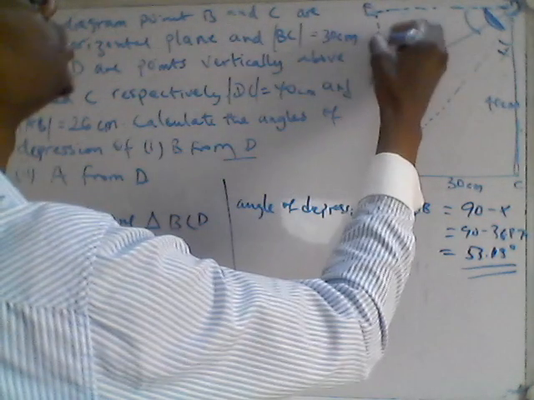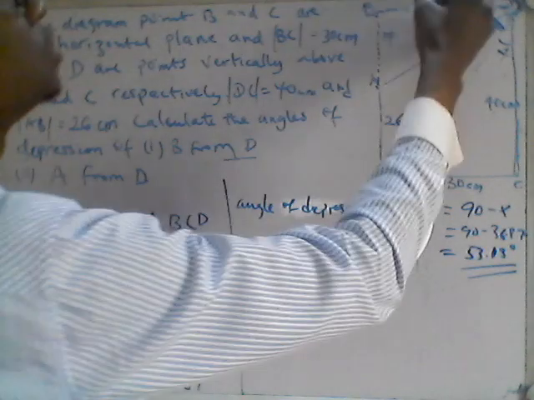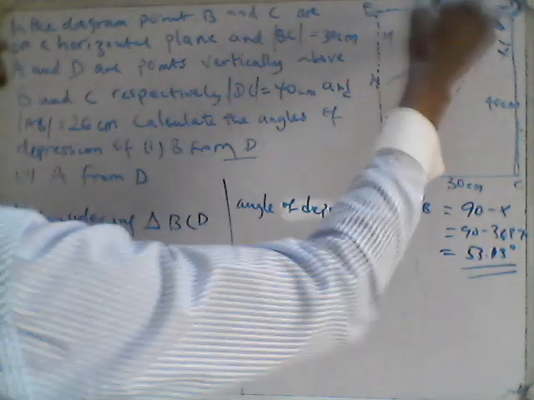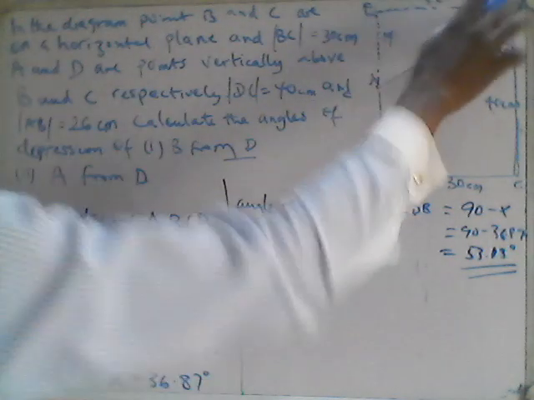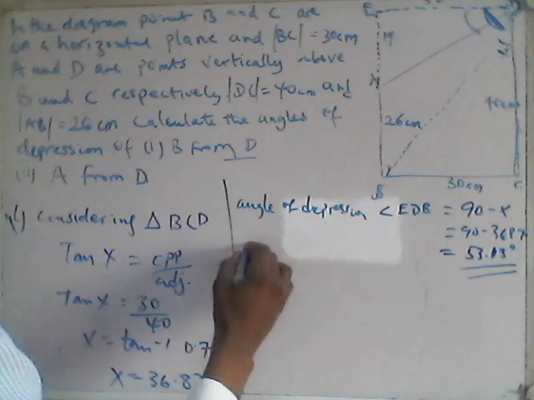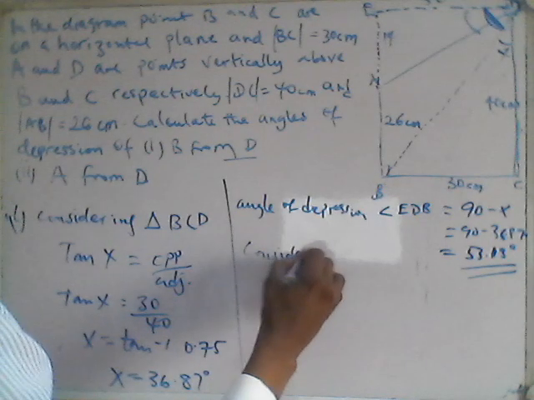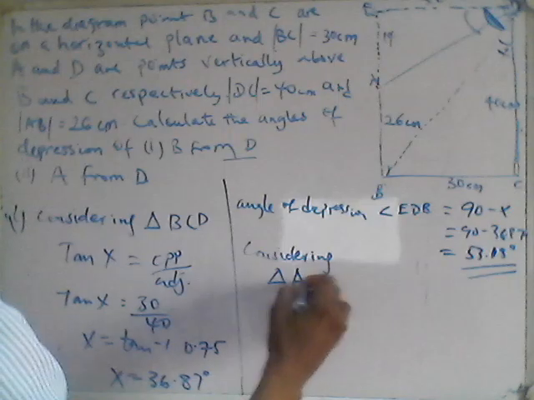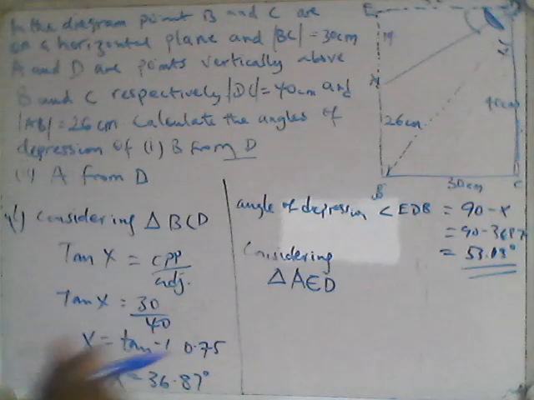So this is 14 here, and this is still 30. So I have formed a right-angled triangle with all the dimensions. Okay, so I will now say, considering triangle AED, which is this one here,